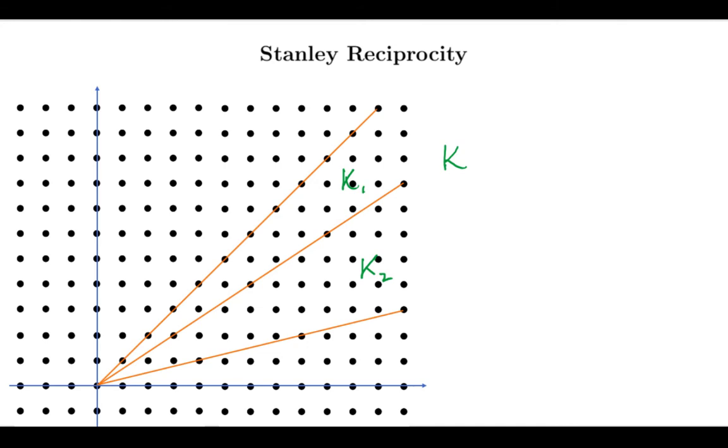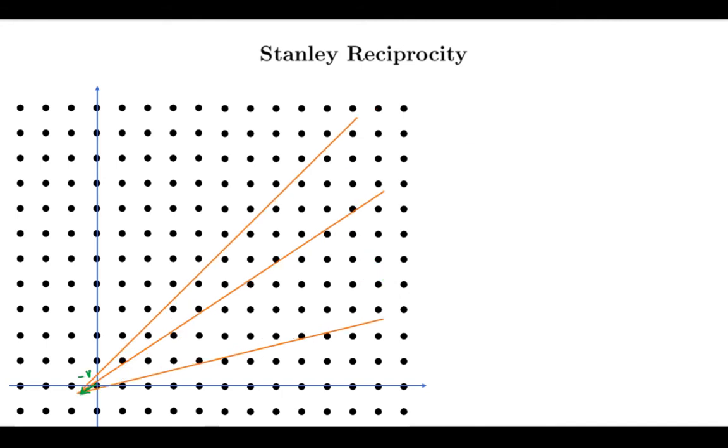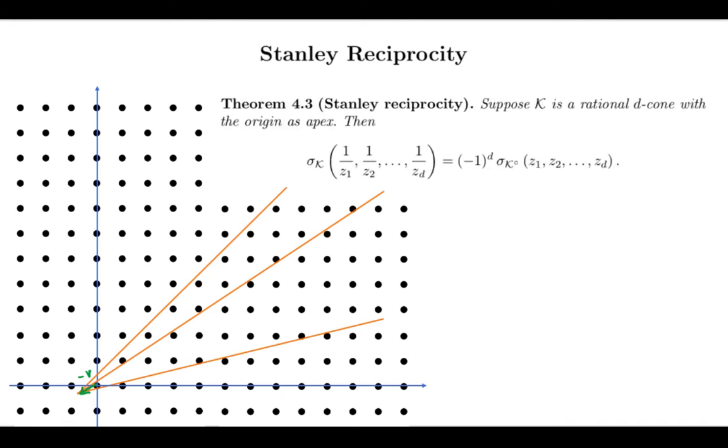And I hope you can see with this shift, I do not lose nor gain any integer point in K. If you now put all these ingredients together and use the initial reciprocity theorem for simplicial cones, you will get Stanley's reciprocity theorem, which says if you have a rational cone, the origin is apex, then the integer point transform of K and the integer point transform of the interior of K are related in this fashion where you plug